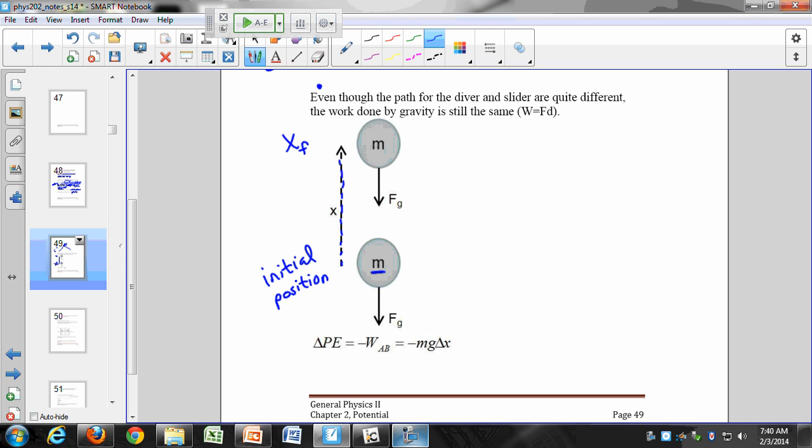Remember, if your force and your displacement were in the same direction, that was positive or negative work? That was positive work, right? It increases the amount of energy. And if your force and displacement are in opposite directions, that is negative work, because it's actually decreasing the energy, right? It's slowing the object down if you're moving in one direction, but your force is in the opposite direction.